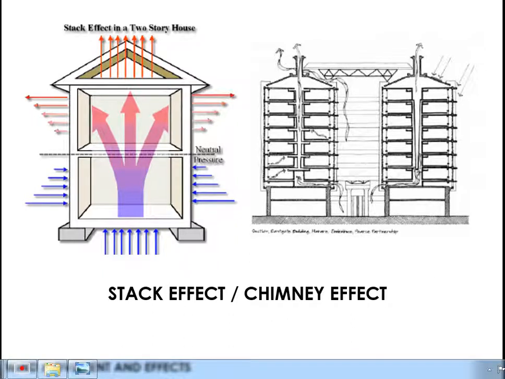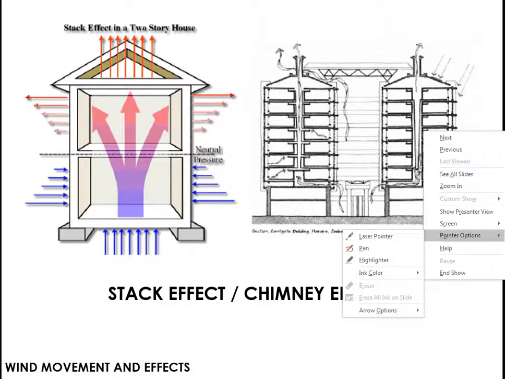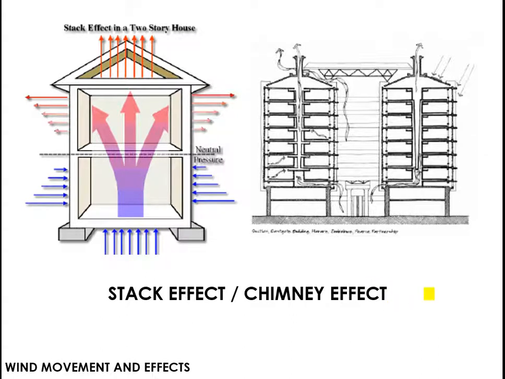Welcome again to Climate Responsive Architecture videos, Unit 3, part number 2. So we are going to see further about the wind movement principles, which are called stack effect and chimney effect. In the last videos, we were seeing about the window openings, fenestrations, and how the wind movement principles are affected by the built forms. So the last chapter we were dealing with this. Now in this chapter we will also see about the stack effect or chimney effect.